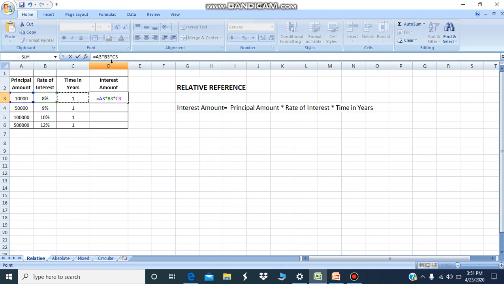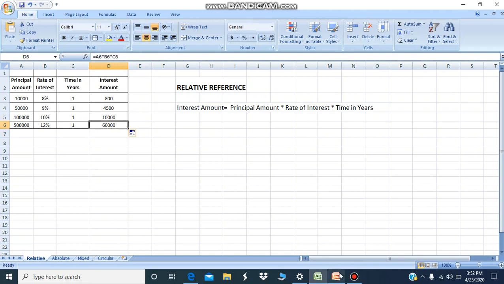You can see the same formula in the formula bar, and by pressing enter you can get the result. Now again, with the help of fill handle, you can find the values of all the next successive cells. By moving further, you can see in each successive cell, the cell reference has been changed.